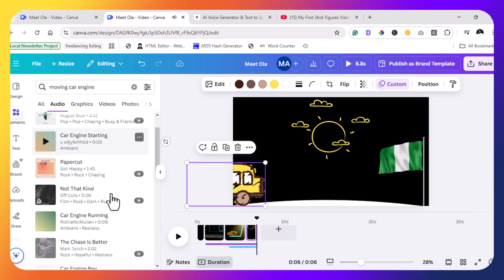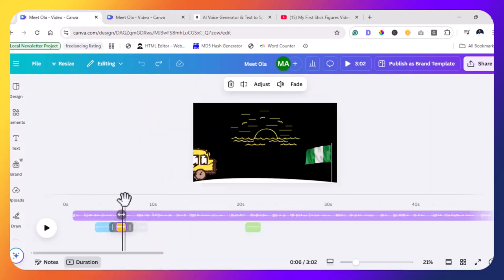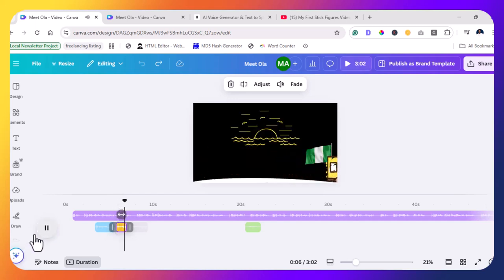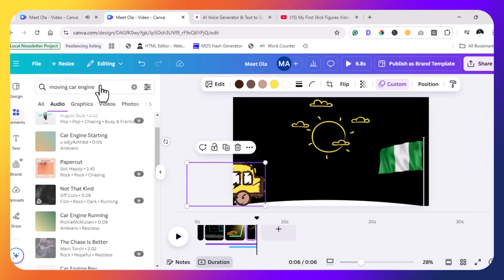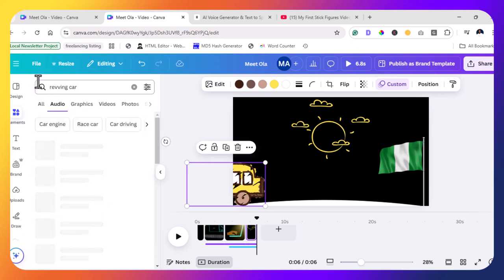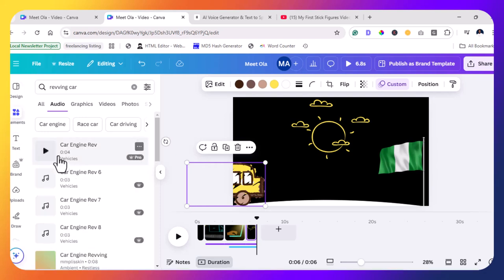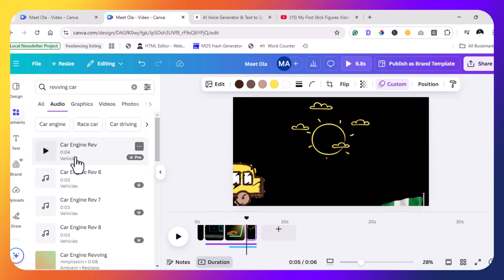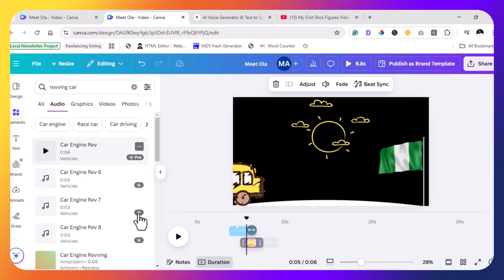Was it? I don't think so. Okay, let's say revving car. Exactly. That is the sound we need. So bring the cursor here and click on it. Okay, so maybe we might